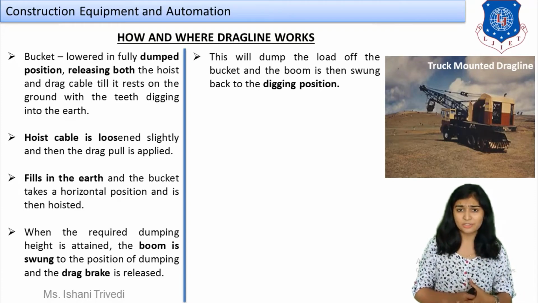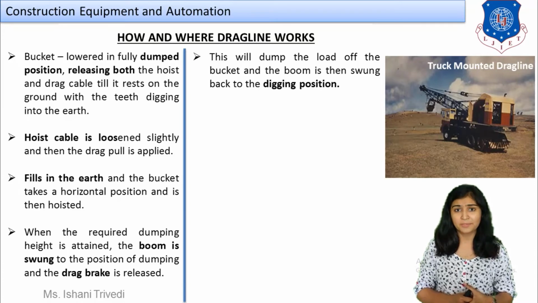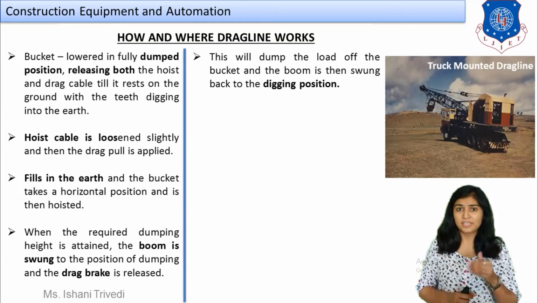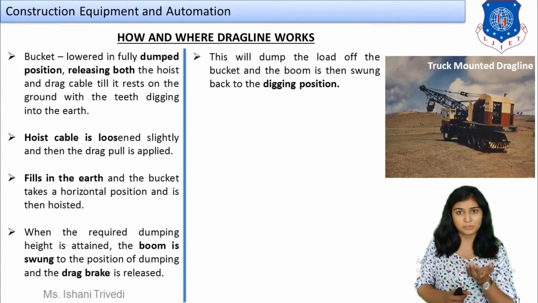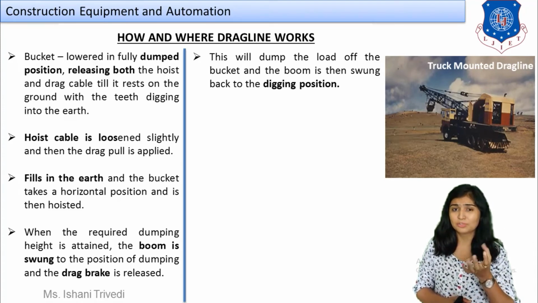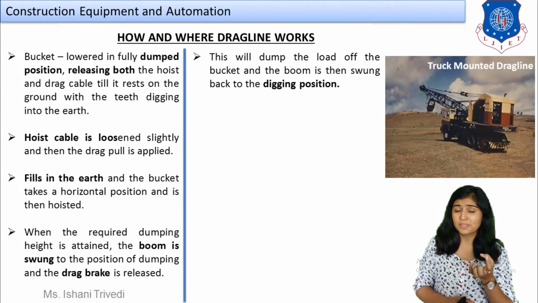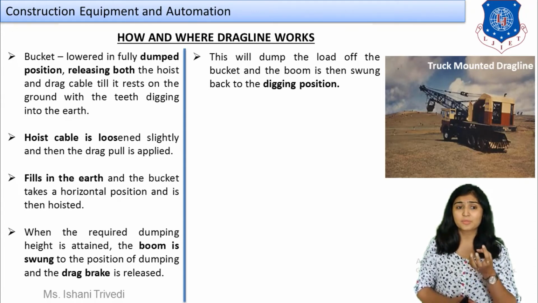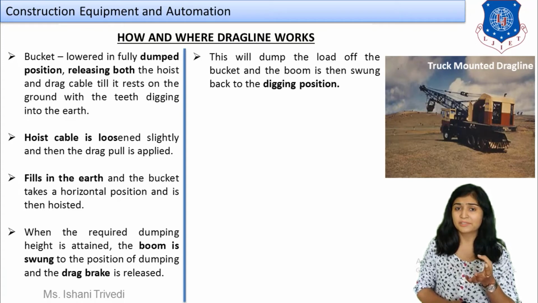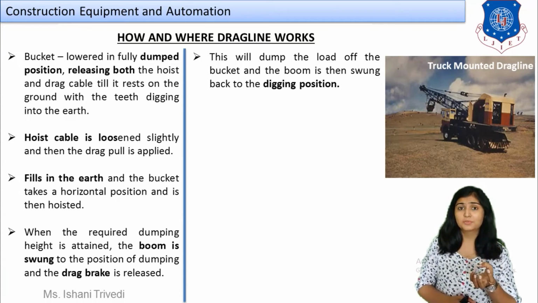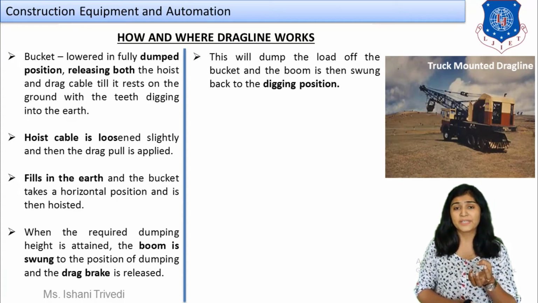The bucket of the drag line will be lowered in fully dumped condition, meaning the condition in which the excavation work has to be performed. So it will be lowered down in fully dumped condition, and then it will be slightly loosened, meaning it will be released. Both the hoist and the drag cable will be released, and it will be lowered up to the level where you have to perform the excavation work,